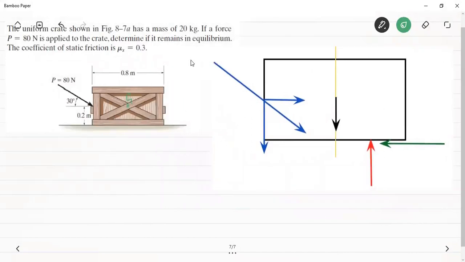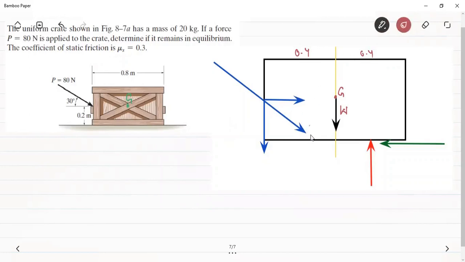This is the FBD of the complete crate. Okay, complete FBD of the crate. This is the weight which is acting at the center of gravity. Okay, this distance will obviously be 0.4 and this distance will be 0.4. Now this is the applied force of 80 newtons,